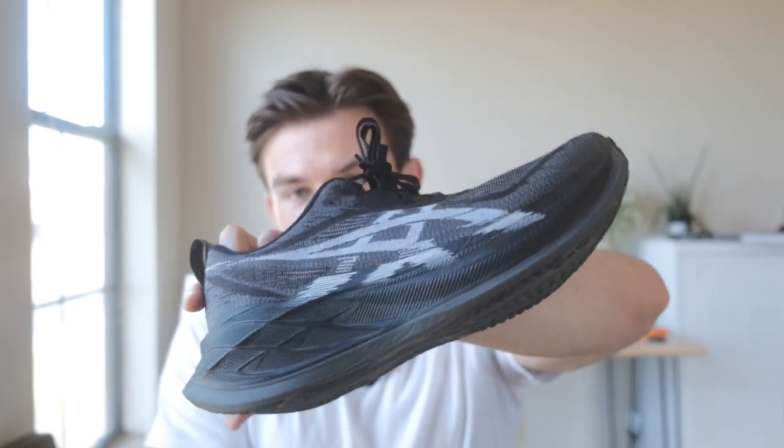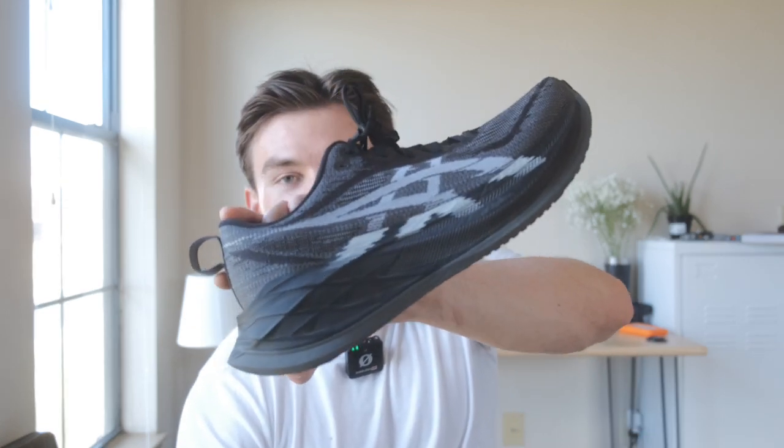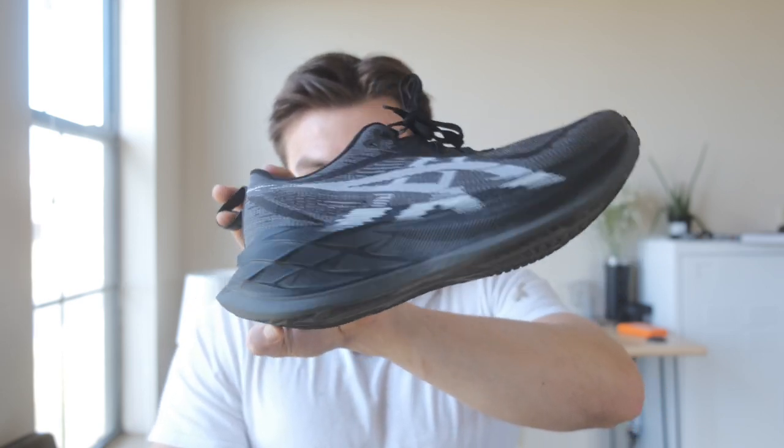And at $200, my final decision with this shoe is that I would rather buy a daily shoe like a Novablast 5. I'd rather get an extra pair of that. And then I'd also rather just buy more of a race day shoe. Go for the extra 50 or however many more dollars for the extra performance that I expected out of this, and then I'll train in that shoe. For the people that are saying that it does everything and it is everything for them, I think you definitely can do that, but